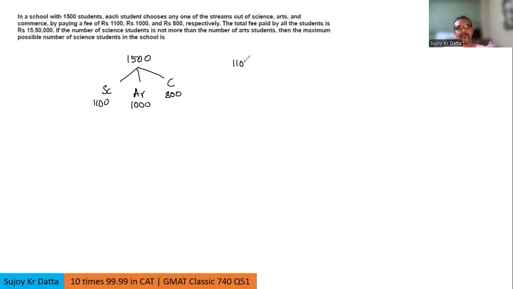So if I have 1100 S plus 1000 A plus 800 C is 1550000. Cancelling out the hundreds, we have now 11S, 10A, 8C is this. So that's our equation number 1. Right. Next,